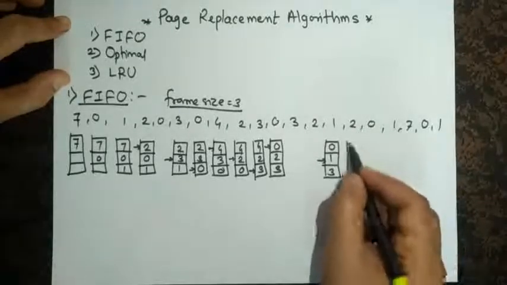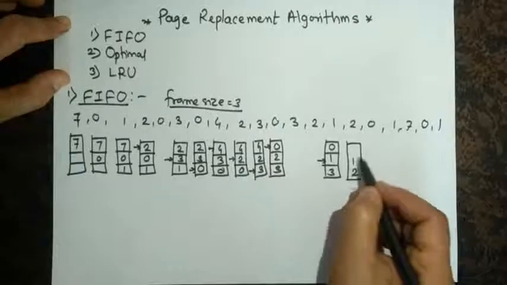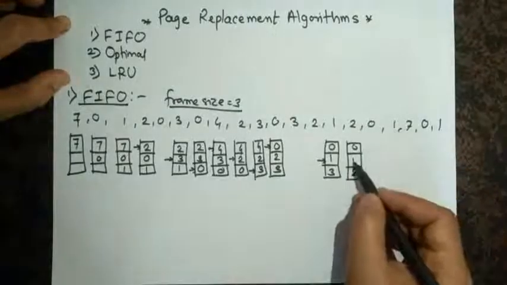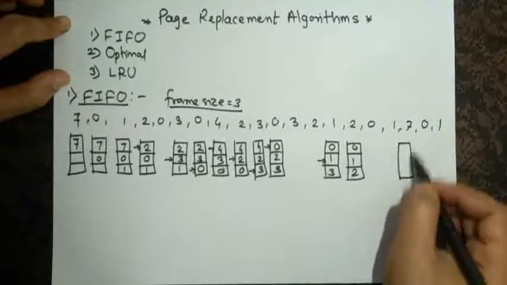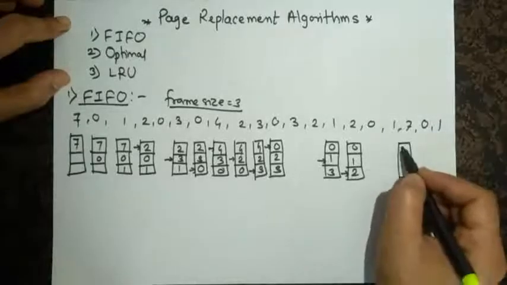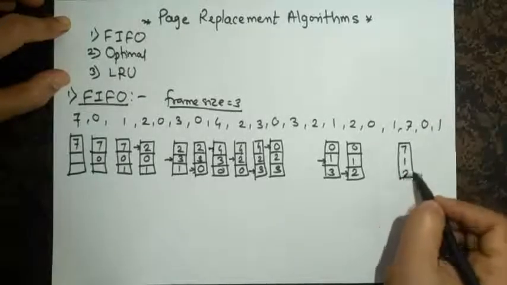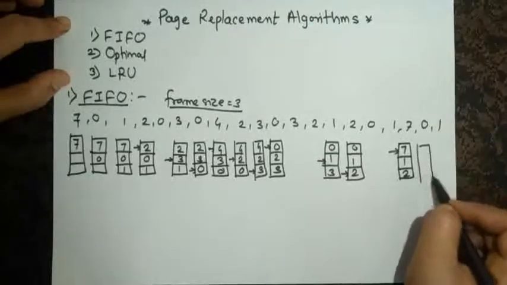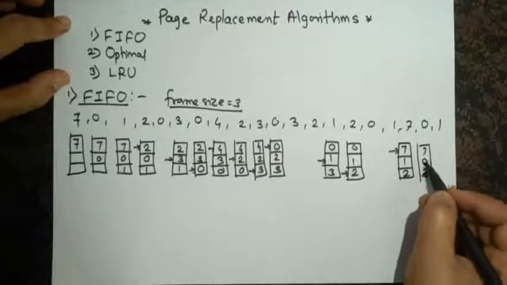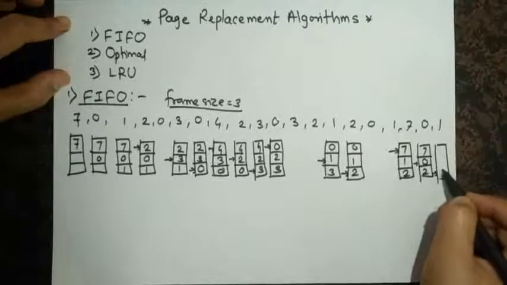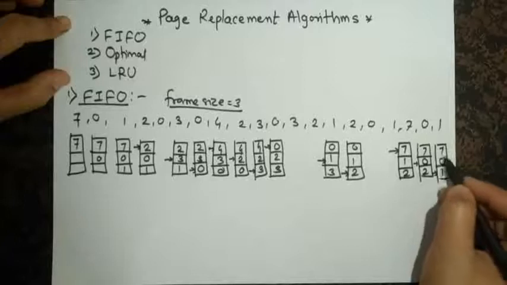2 is requested. So I have to put this 2 at this location, rest as it is. Then 2 is requested, which is there. 1 is requested, which is also there. Now we have to replace the next position. So we just replaced at this location. Now we have to put this here and 1 and 2 like this. Now 0 is requested. So we should put it over here and the rest as it is. And 1 is requested, which is to be replaced at this location and rest as it is.